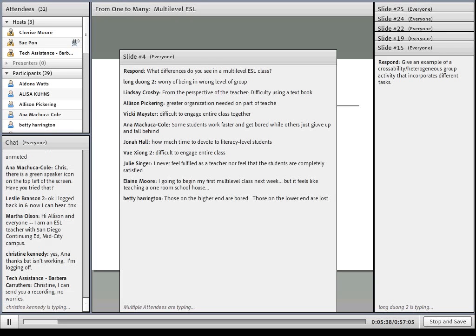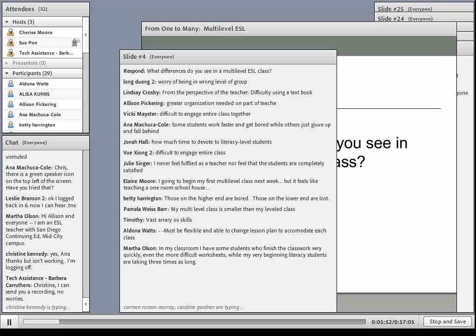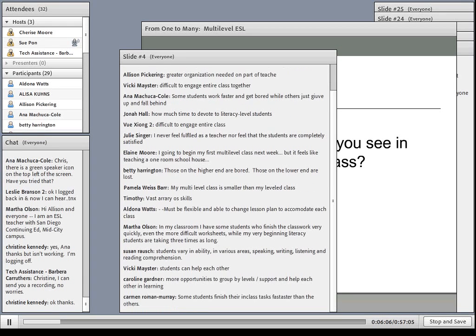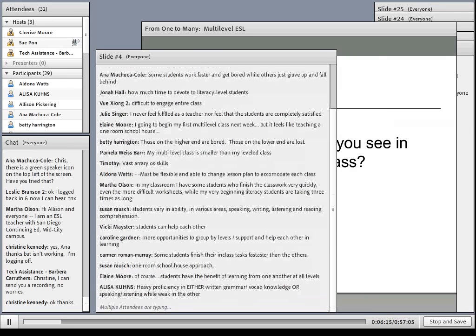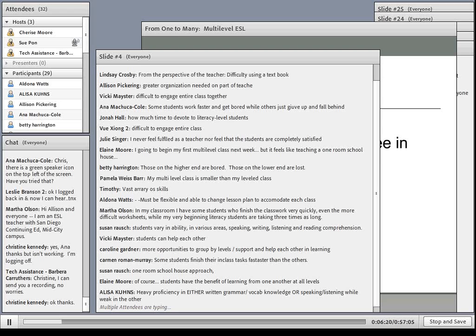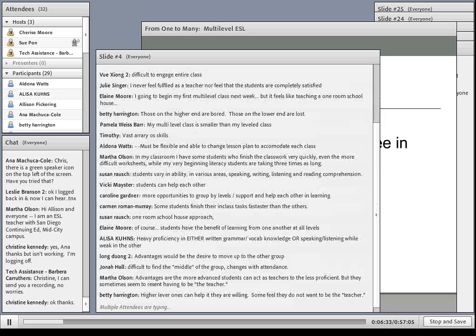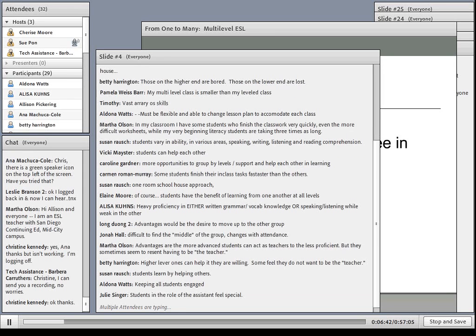I see a lot of challenges, difficulties. I'm wondering, are there any advantages? Okay, we have a few more people typing. I'd like to ask you to finish your sentence there. Some things that I'm seeing, and I'm trying to go back here,